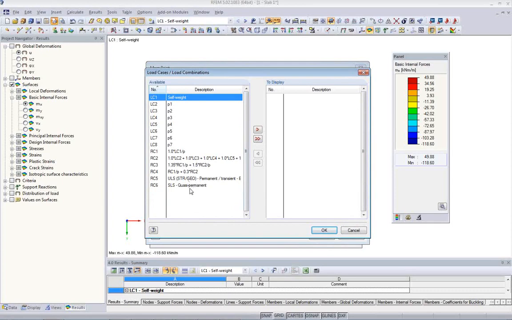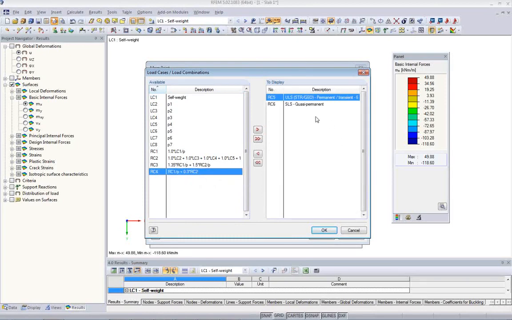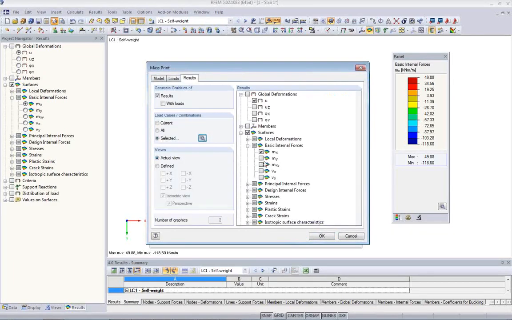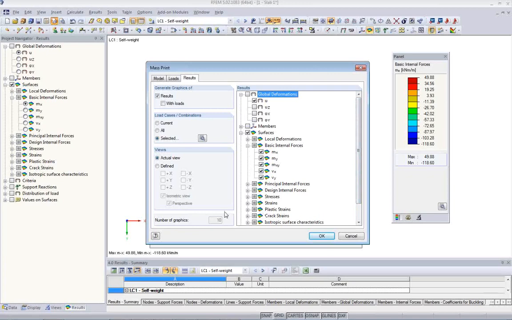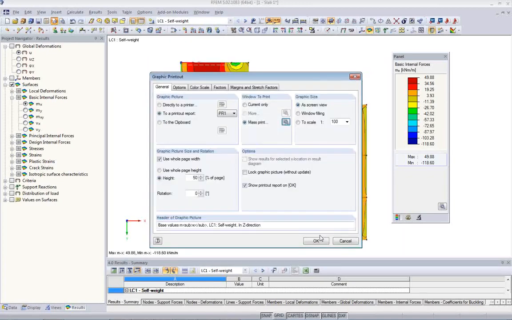Maybe I only want to see my final results, the ultimate limit and the quasi-permanent results in the envelope. And I click OK, and I want to see MX, MY, MXY, the shear forces, everything I want to have in this protocol. On OK,